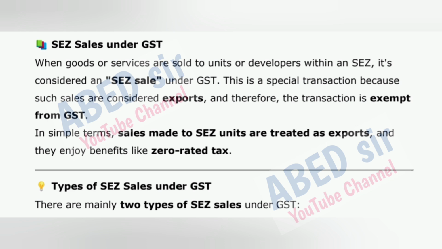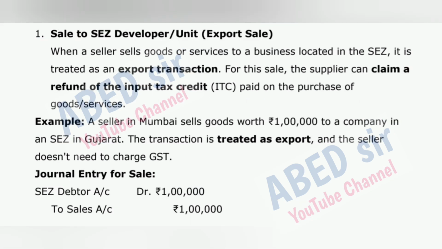Types of SEZ sales under GST. There are mainly two types of SEZ sales under GST. 1. Sale to an SEZ developer or unit, export sale. When a seller sells goods or services to a business located in the SEZ, it is treated as an export transaction. For this sale, the supplier can claim a refund of the input tax credit, ITC, paid on the purchase